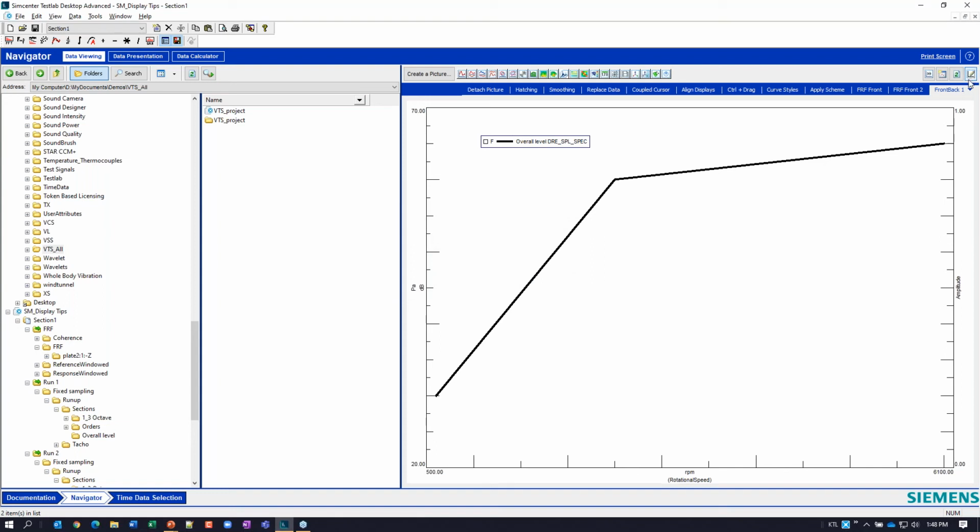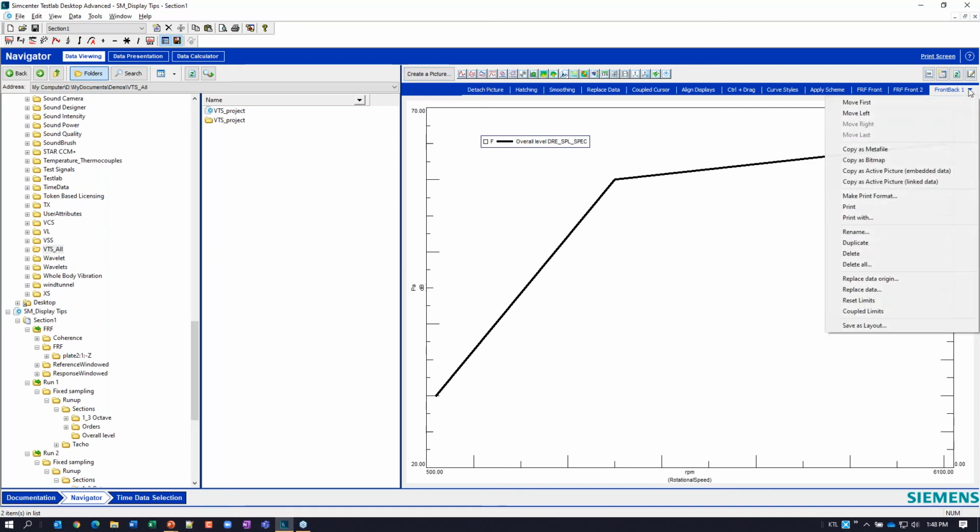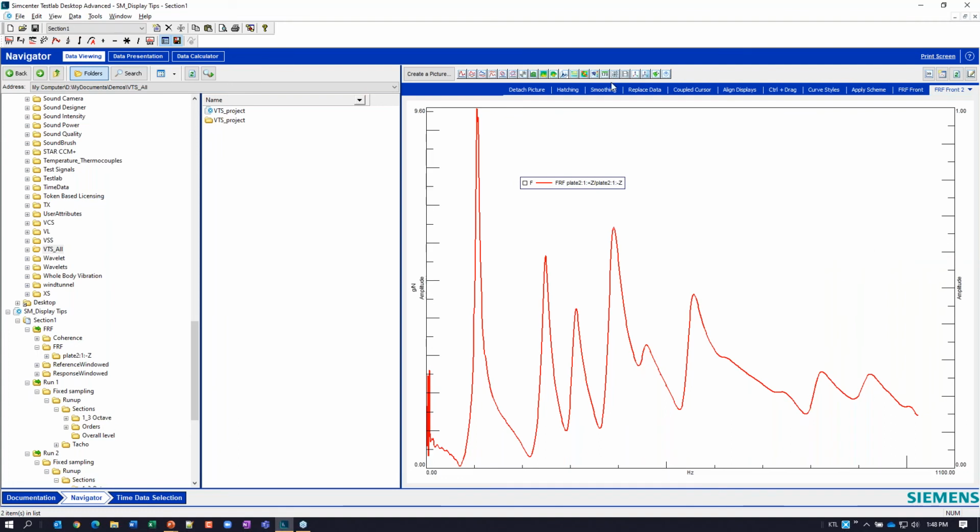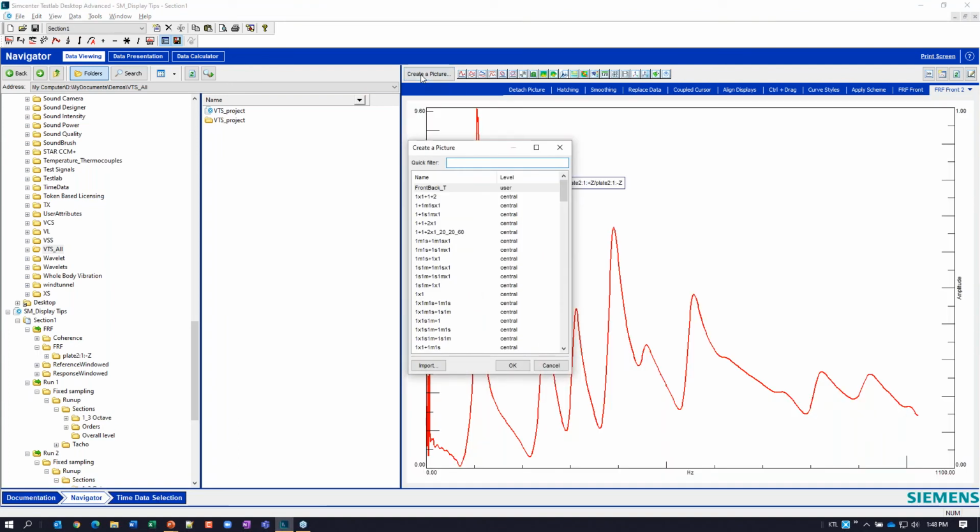Now, let's say I'm starting brand new. I'm going to delete this one just so we don't get confused, and create a brand new picture. If I click this create a picture button, as opposed to hitting one of my favorites, I get a list of all these different types of displays that I can make with pre-formatted designs.